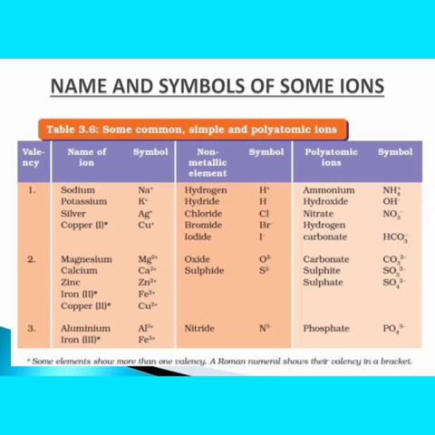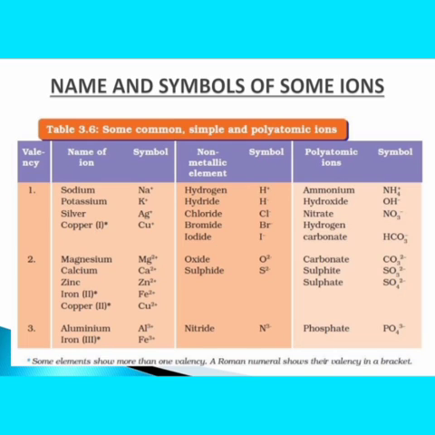So let us see the valency of sodium. What is the symbol of sodium? That is Na. And what is the valency of sodium? That is 1. Follow the same for the other elements. Like potassium, the symbol of potassium is K, and I told you how they got the names, right? So the potassium symbol is K and its valency is 1. Silver is Ag and its valency is 1. And copper is Cu, valency 1.